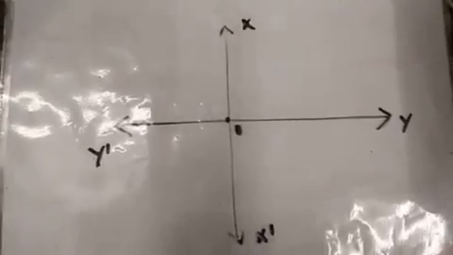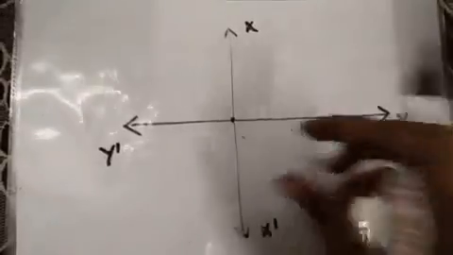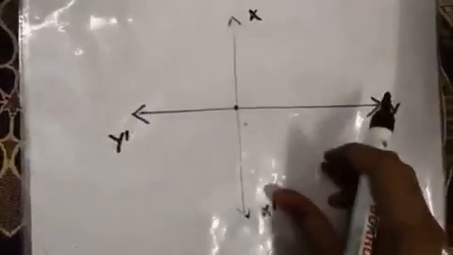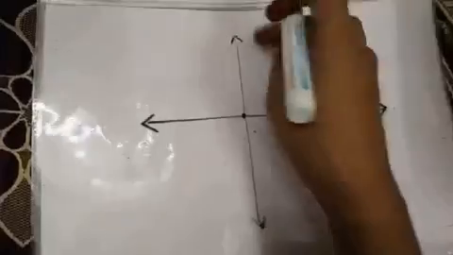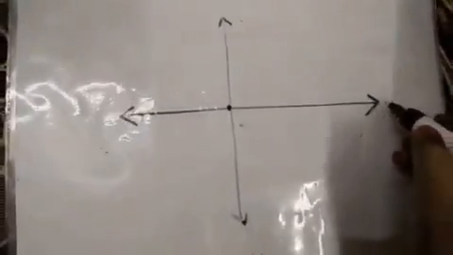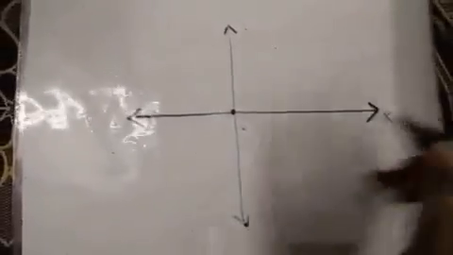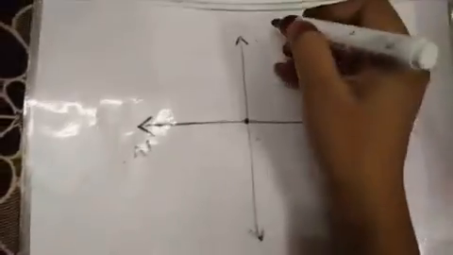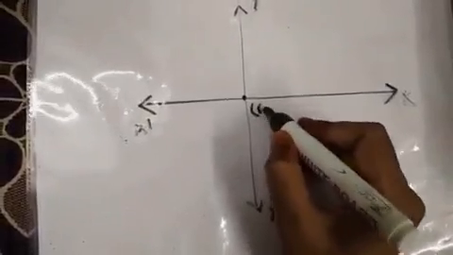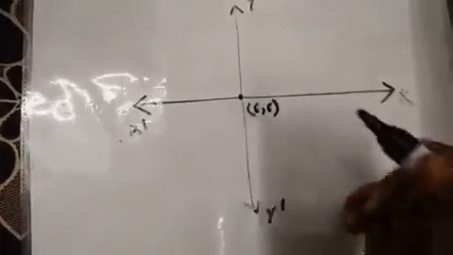Now let's try to understand what the distance formula actually is. Here, as we can see, it's a coordinate plane. Here the x-axis, x and x dash is written. Here I wanted to ask you what is wrong in this, but as the time is less, I'll just directly give it to you. The horizontal one is the x-axis, and here x dash, and here y, and here y dash, right? And the meeting point of these is called the origin, and here x is 0 and y is also 0. Why is it 0?